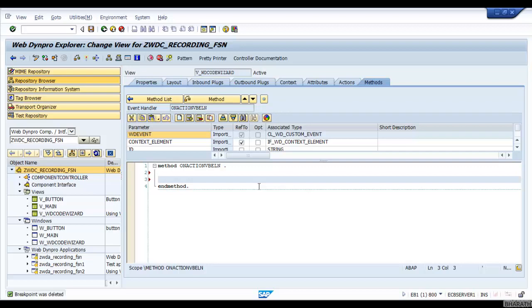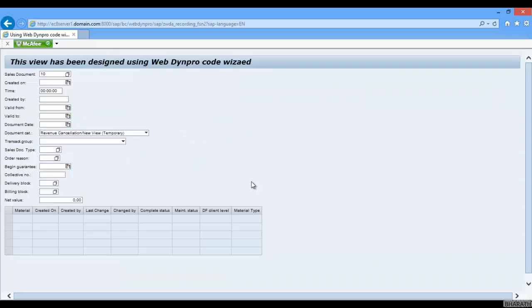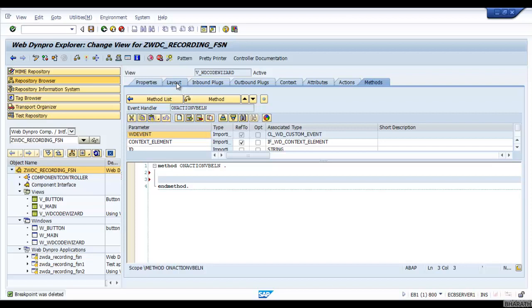If the user enters some value, where does it get stored? It gets stored in the context attribute. The value entered in this particular input field gets stored in the context attribute which is bound to this UI element. What is the context attribute?